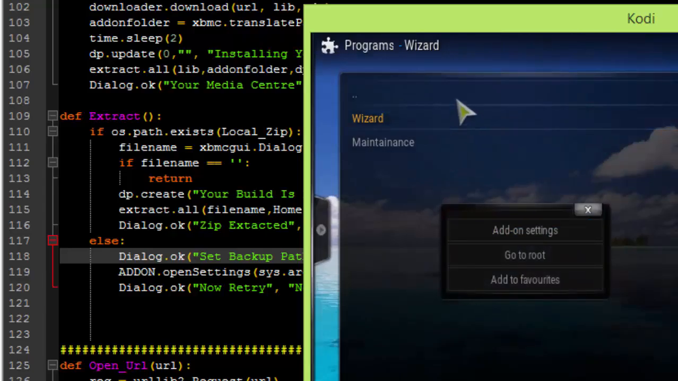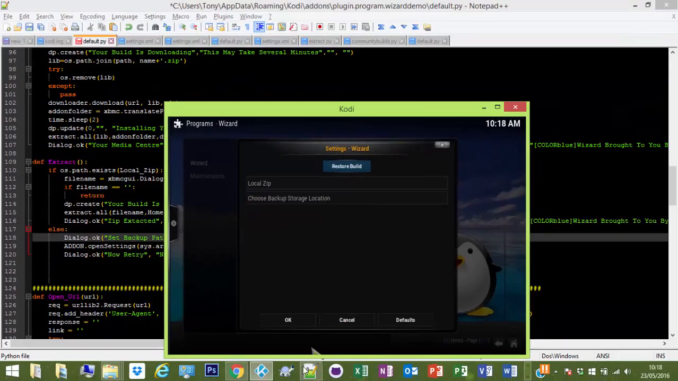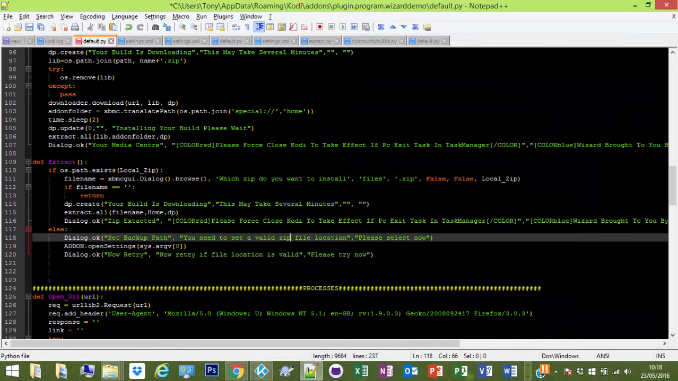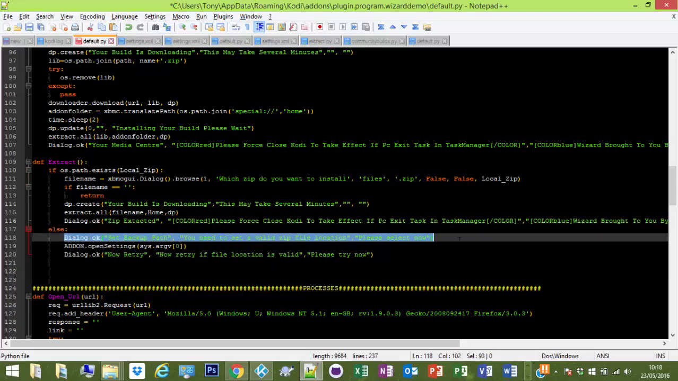Oh, we can go onto it here. ESL no local zip. It should be pretty straightforward. So yeah, you got dialog.ok. Set backup path location, so it's going to set the backup path, and then it'll open the settings for you